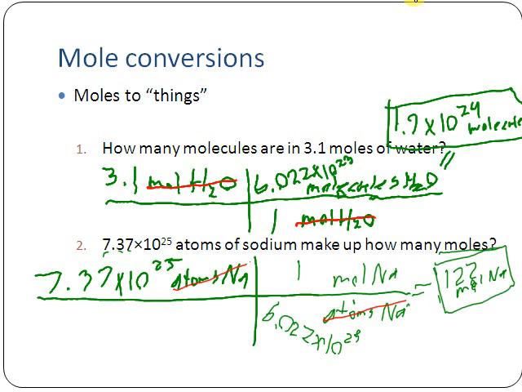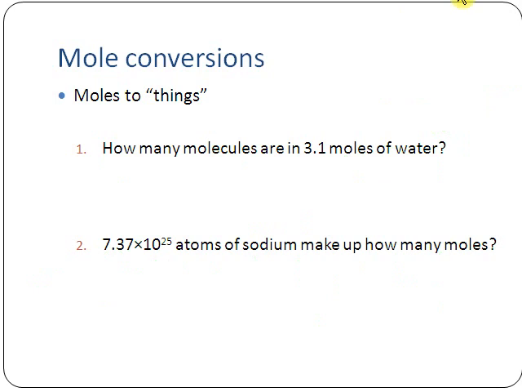So 1.22 moles of sodium tells us exactly how many moles there are in 7.37 times 10 to the 25th atoms. So that's how you'd work out any types of conversions from moles to things, moles to some sort of object like an atom or something like that. So continuing here,